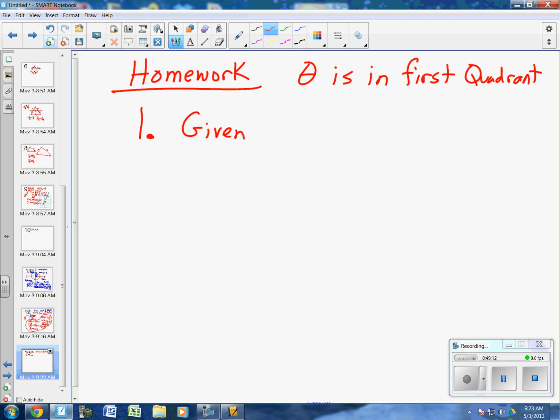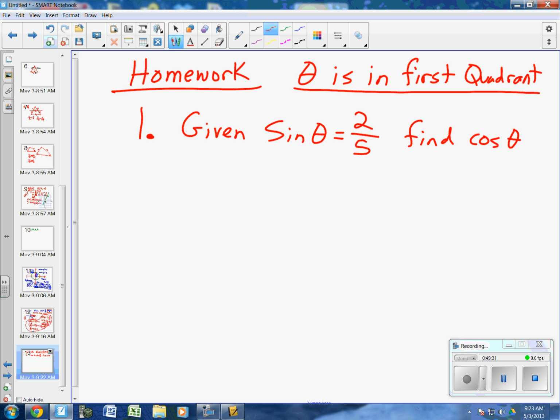That means everything's going to be positive. Does everybody understand that? You're not going to have any negatives. Given sine of theta equals 2 over 5, find cosine theta. Okay? Number 2, given